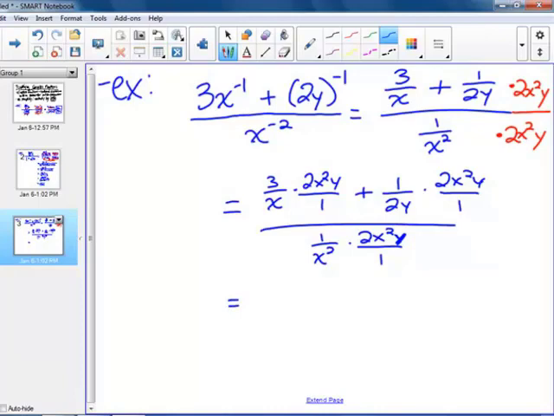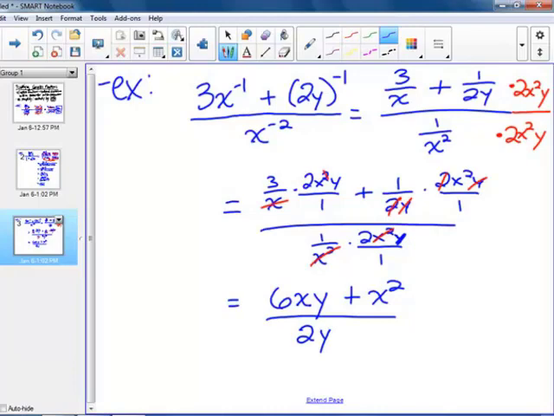Okay, so my canceling now. First one, x is gone. The squared is gone. So 3 times 2, so this is going to be 6xy. Plus, next one, 2's cancel. y's cancel. I'm just left with x squared. Over, next one, x squared cancels. So I am left with